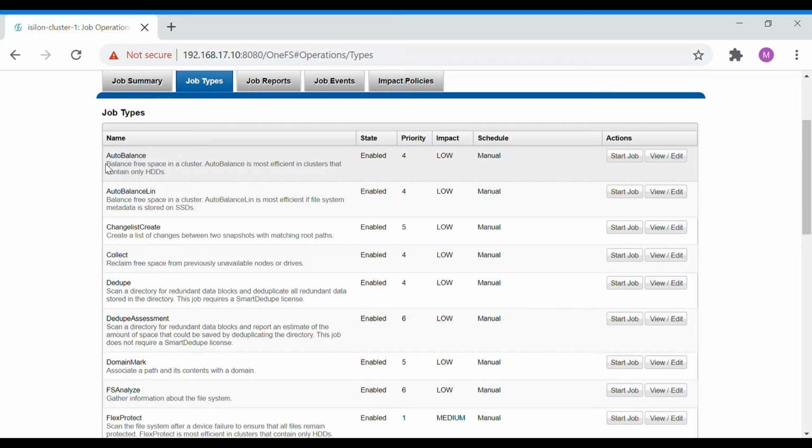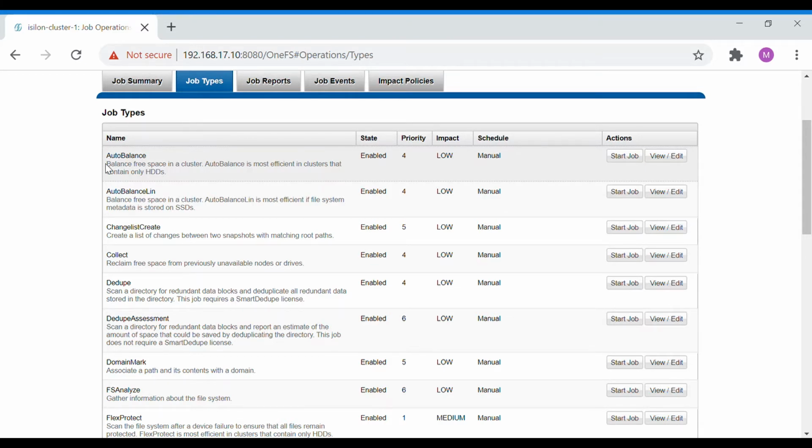The auto balance job is run by OneFS itself when there is a new drive addition or new node addition. This distributes the files across the node pools and tiers. And then auto balance LIN. LIN is nothing but the logical inode number.